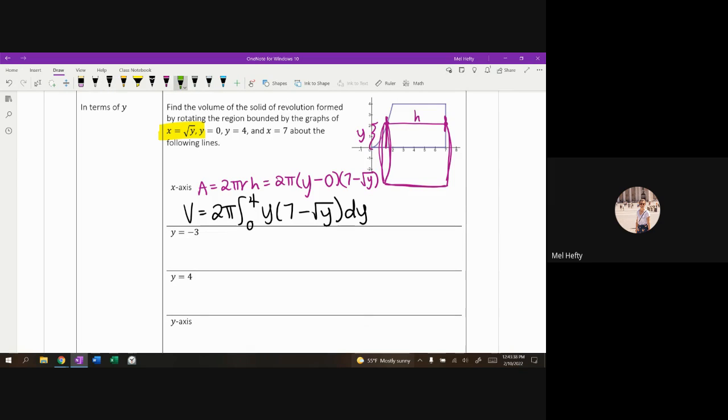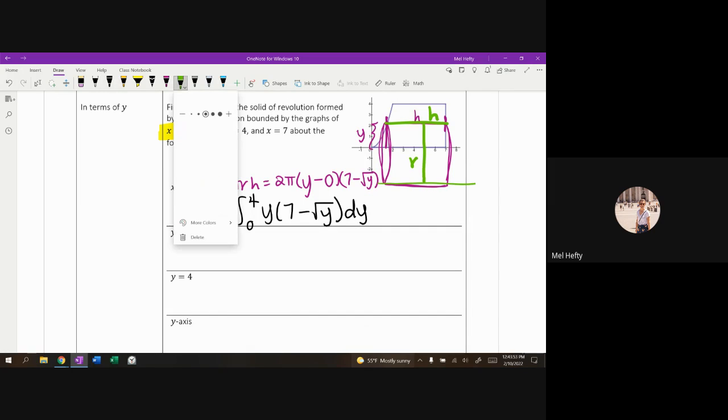I want to change our line to y equals -3. So that's going to be down here. So height, radius. Okay, radius looks like it's getting bigger. Yes, good notice. No. 2 pi